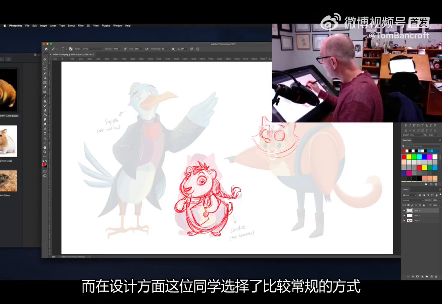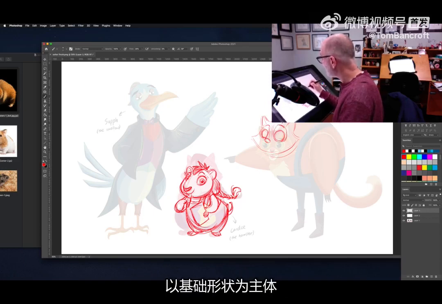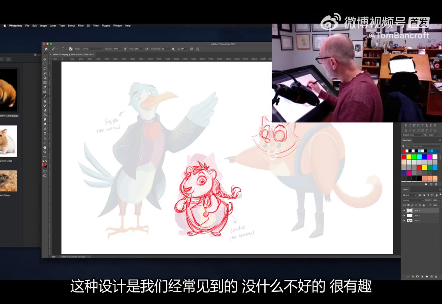There's nothing wrong with this. It's not a very original design, I would say. It's fairly basic and shape oriented, and we've seen stuff kind of like it before. But there's certainly nothing wrong with it either. It's a fun drawing and design,